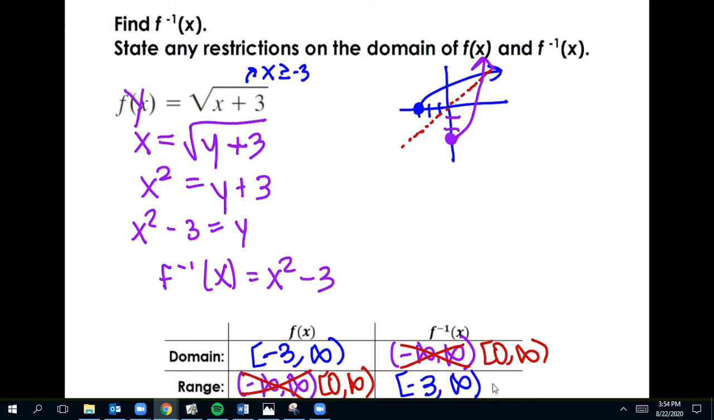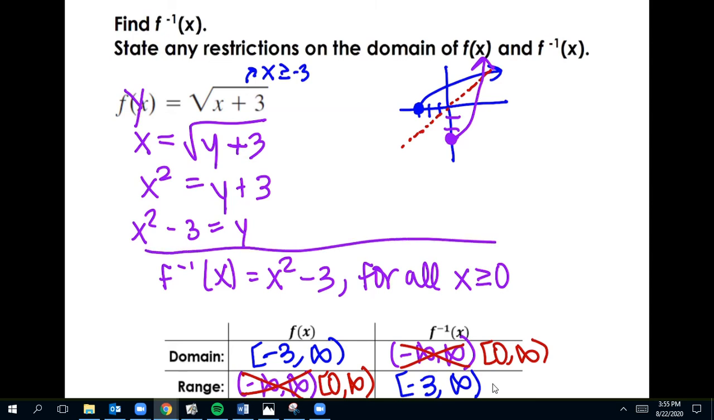And that's because we found that by doing the inverse of a function that had a restricted domain and range. And so we have to consider how that affects the inverse function itself. And so this is what it would look like graphically. And so if you look, then I really should only be looking, I'm going to say, for all x greater than or equal to 0. I have to add that to my answer